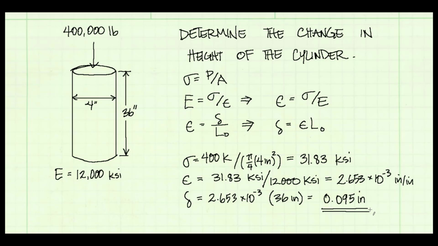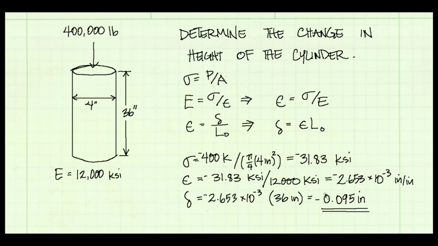Now, that's going to be a shrinking. We know that this cylinder is in compression, but the value for deflection came out positive. So where does the negative sign actually originate? It would be way back here in stress. The 400 kips, or the 400,000 pounds, is a compression force. So that would make our normal stress negative, that would make our normal strain negative, and that would make our